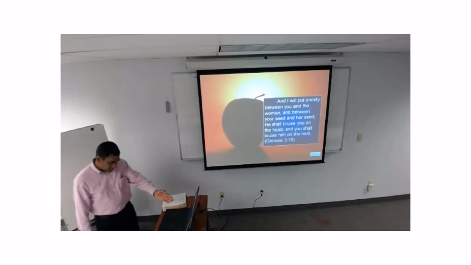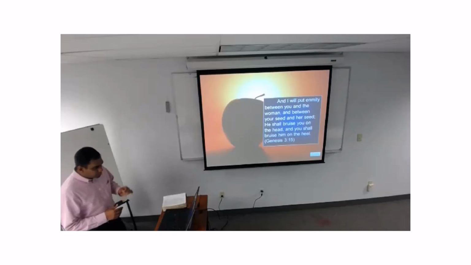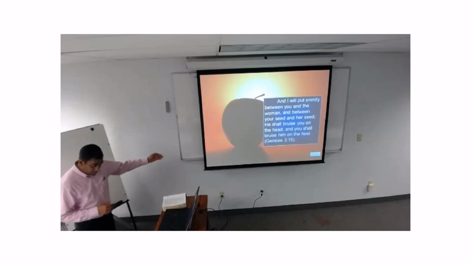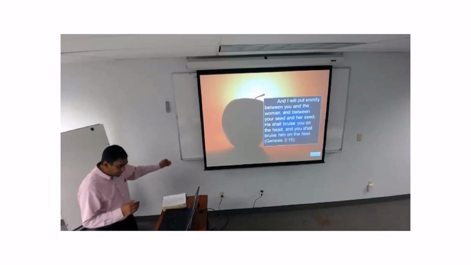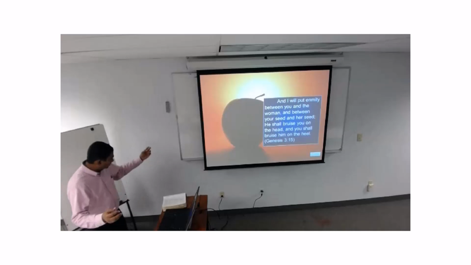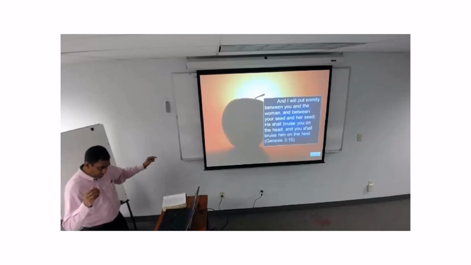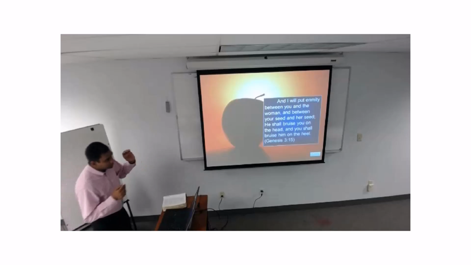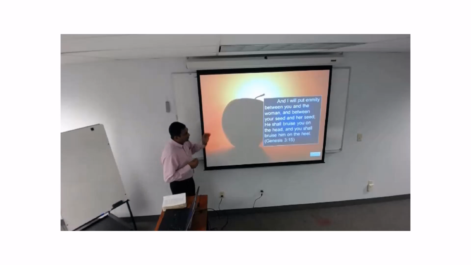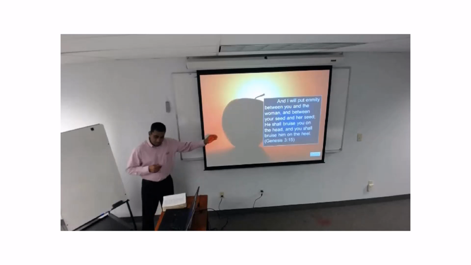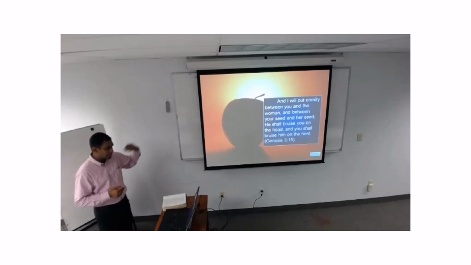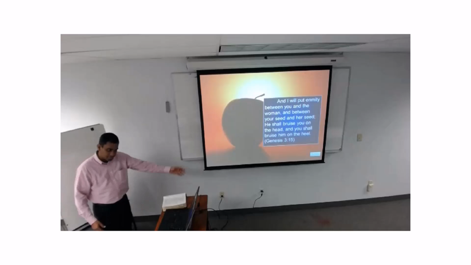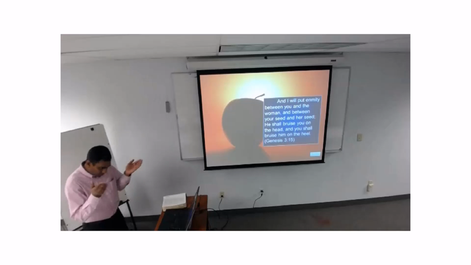And then this is the curse to the serpent in Genesis 3:15. I will put enmity between you and the woman. He's talking to the serpent here, again talking to the devil. Between your seed and her seed, which is your descendants and her descendants. And he shall bruise you. He is the singular seed of Eve. This language is very, very unusual. You don't have a descendant of a woman talked about in the singular. Normally it's the generations, Adam's descendants, Noah's descendants, Abraham's descendants. But here he's talking explicitly to the seed of a woman.